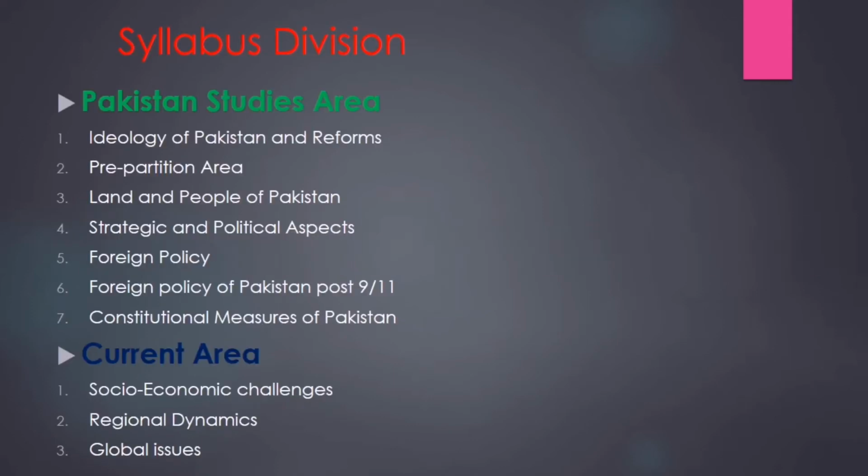The Pakistan Studies paper actually comprises two parts: the Pakistan affairs area and the current affairs area. The Pakistan affairs area covers the topics of the ideology of Pakistan and its reforms, in which an aspirant has to discuss the Muslim rule in the subcontinent, its downfall and efforts for renaissance, and the ideology of Pakistan in the light of speeches and statements of Allama Iqbal and Quaid-e-Azam Muhammad Ali Jinnah, and one discusses movements for reforms and reformers,